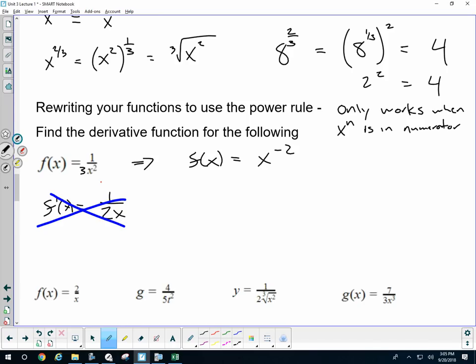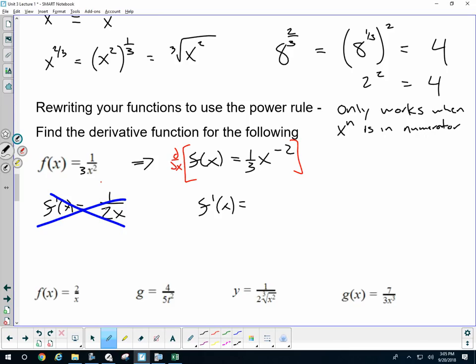Okay, it's just the x that is being squared that would be moved. You can either write this as x to the negative second over 3 or 1/3 x to the negative second. Then, now that we have our power in a numerator, we can use the power rule to get f prime equals,